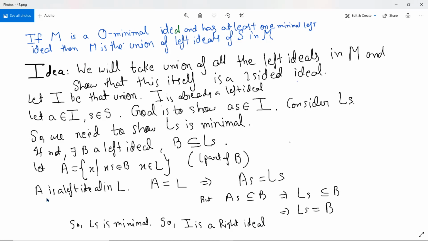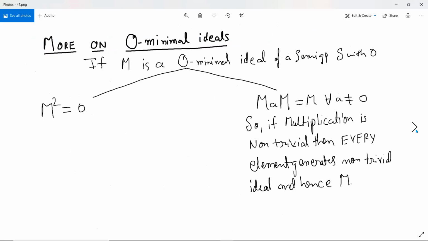So A is a left ideal in L, right? So A is equal to L, that's clear. And because A is equal to L, AS is equal to LS, but A times S will be contained in B because obviously that's why we are constructing the A. So LS is equal to B. But we had that B is contained in LS. So B is a left ideal which is contained in LS, but then it's actually equal. So LS is minimal. Right, so we have proved the statement that